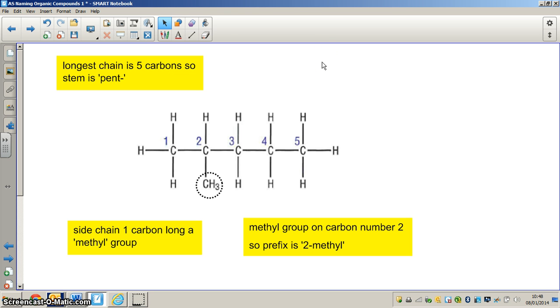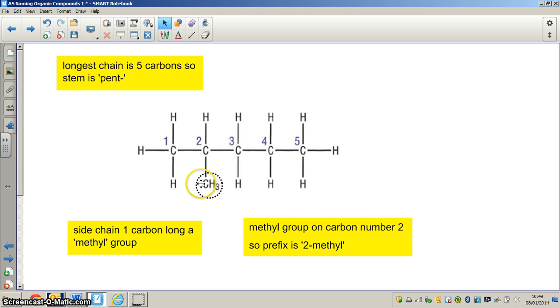So now we have to re-inspect the molecule, and if we look at this molecule, yes, we've got a spine or backbone of 5 carbons, but off that we've got a spur or a side chain, and this side chain is a CH3 group. And if we look at our fact sheet, we can see that the CH3 group is called a methyl group. So this molecule has a prefix which is going to be methyl,